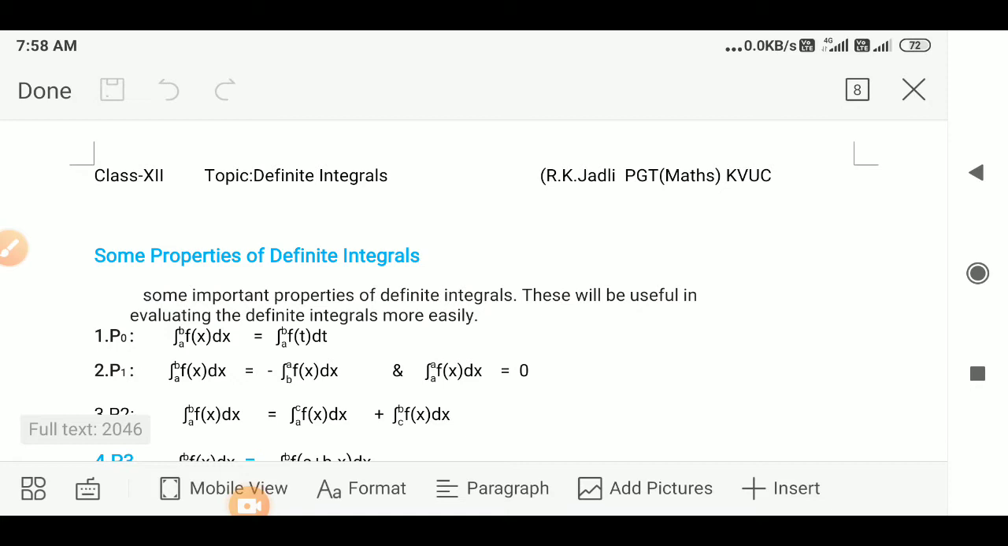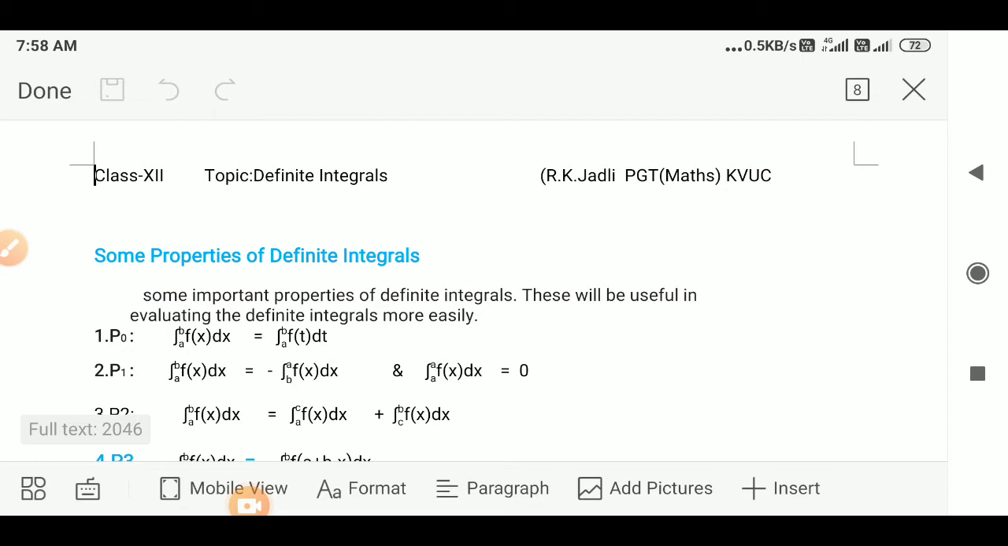Dear students, now some properties of definite integrals. Some important properties of definite integrals. These will be useful in evaluating the definite integrals more easily. Here are some properties. Property number 1, that is integral a to b f(x) dx is equal to integral a to